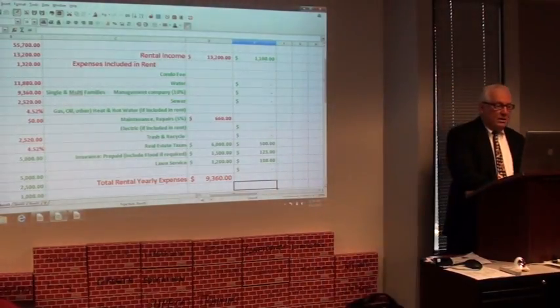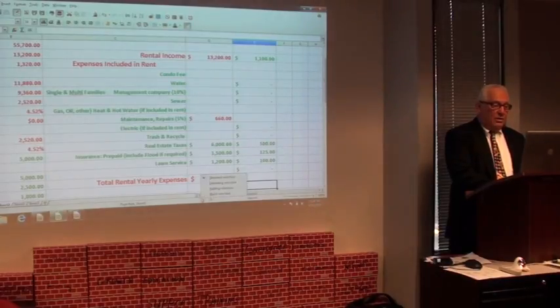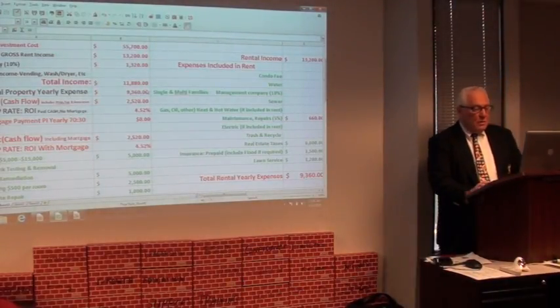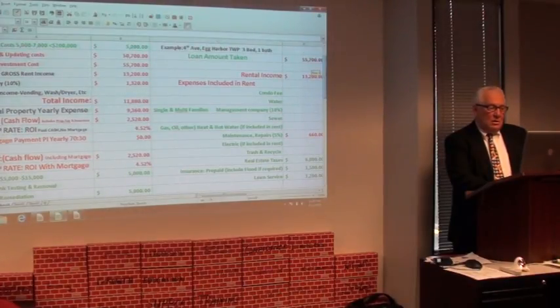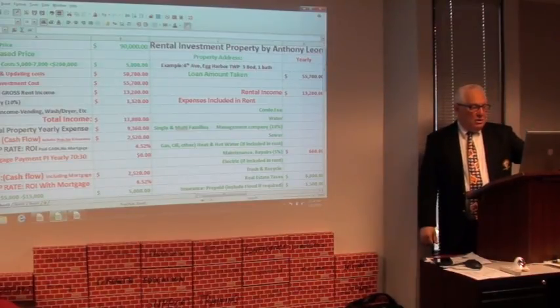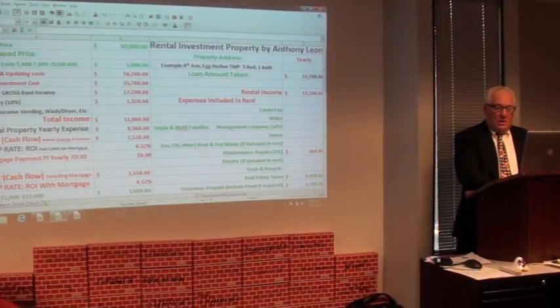So let's add that. That's automatically the way I have it set up on the system. You could do this manually. The sheet will help you out with that. But if we're going to try to get my fingers out of the way, here's the $9,360. So at this point, we're saying that this property is going to bring us, if we paid this all cash at the $90,000 figure, if the property is as bad as the shape this property is,